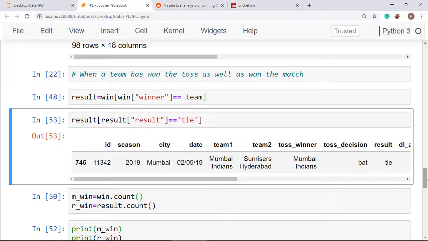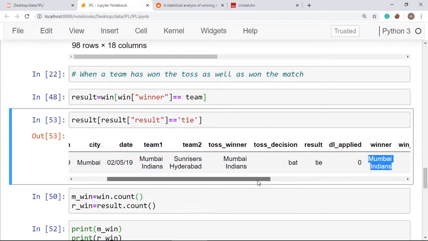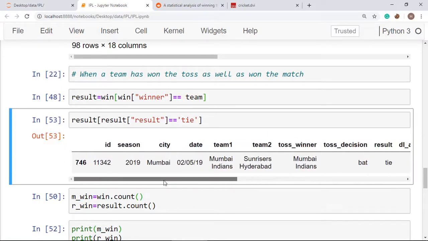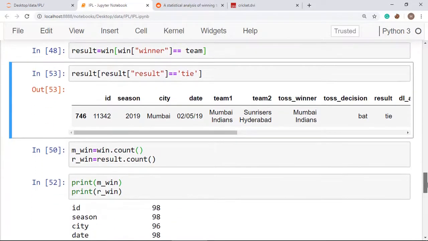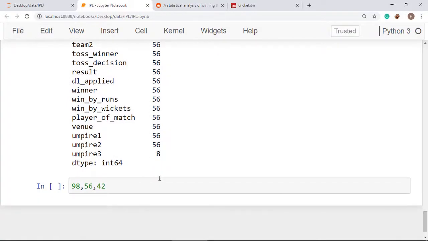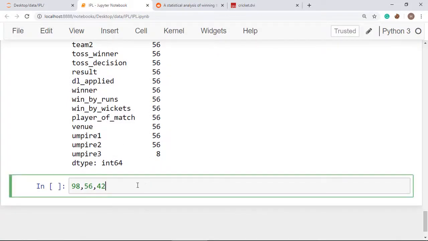Okay, and this one is nothing but a match from the last session, that was with the Sunrisers Hyderabad. All right. So in this manner, you can plot the pie chart also. Okay. So we are going to plot a pie chart here. All right. So you can remember, I hope you have remembered that we can plot a pie chart using matplotlib.